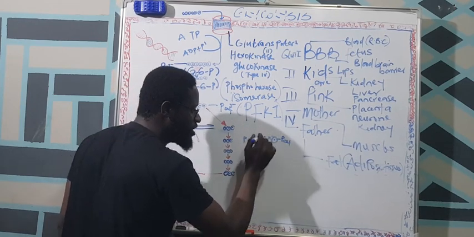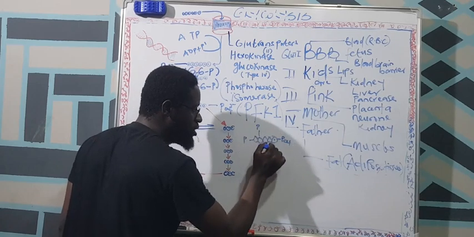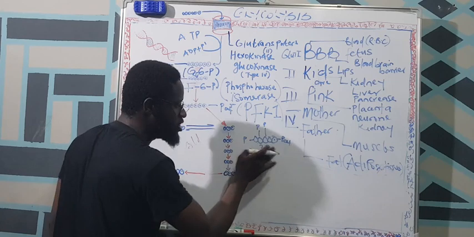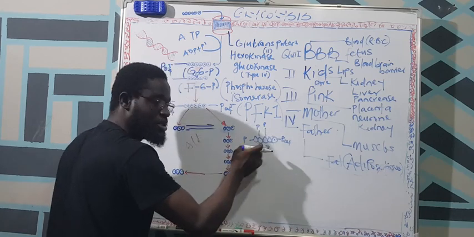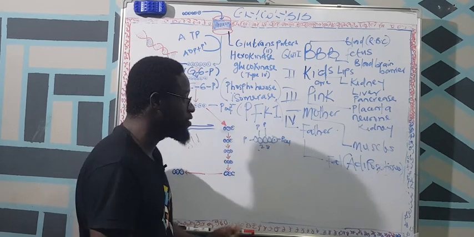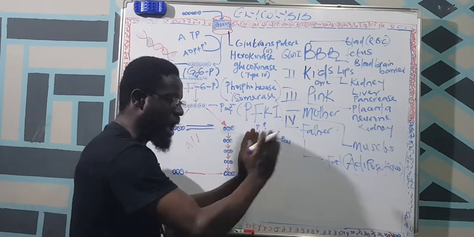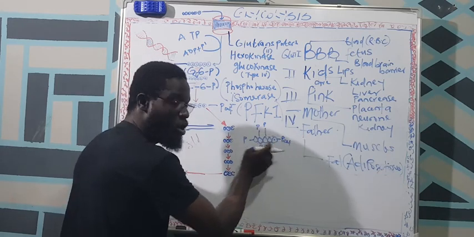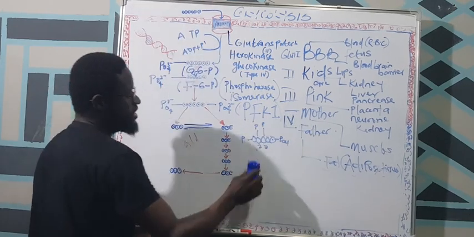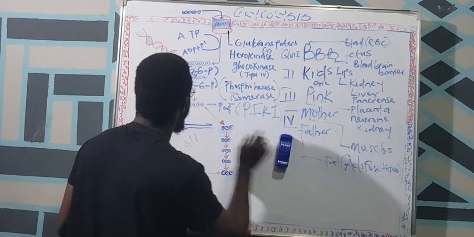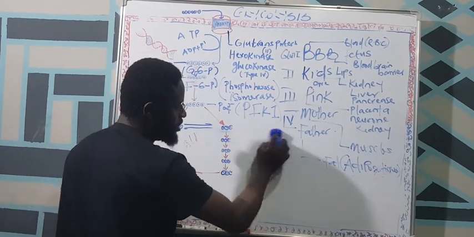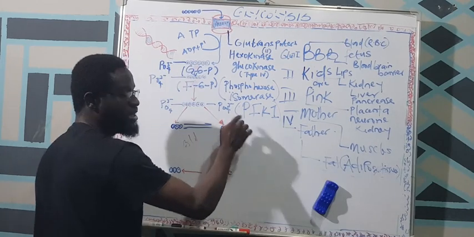But when the phosphates are closer together, that's when you call it biphosphate, because there is no carbon atom separating the first phosphate from the second phosphate. But when they are apart by carbons between them, you call it bisphosphate. So this molecule we have here is fructose 1,6-bisphosphate, which is regulated by the enzyme called